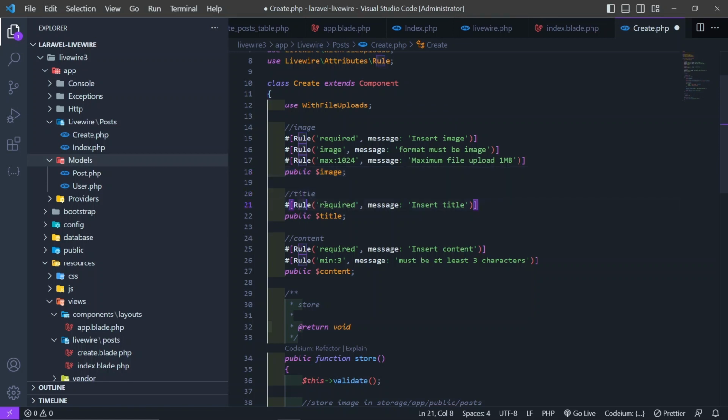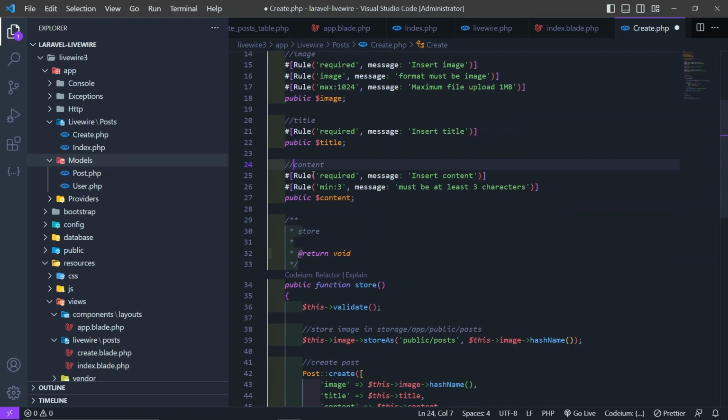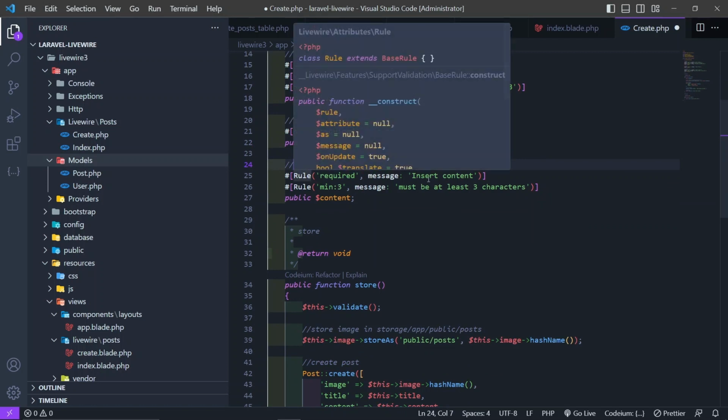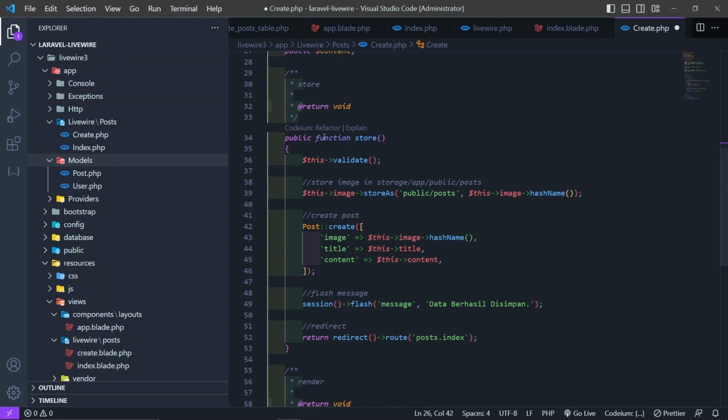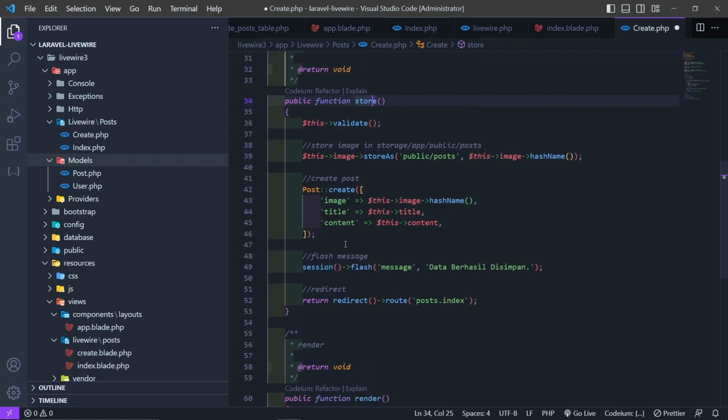As for the title, this is just "insert the title", and for the content there is a message, "insert content", and it must be at least 3 characters. And then we have created this one also, public function store, for storing the app to save it to the database. So we call it using this validate, and this one is for if the validation is